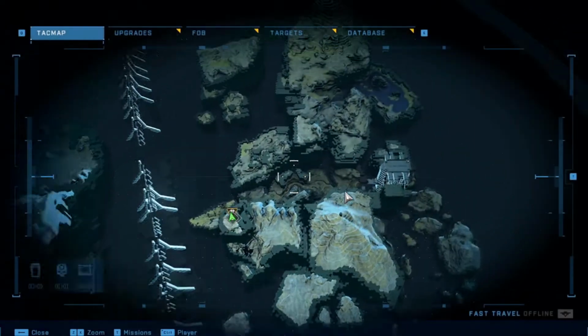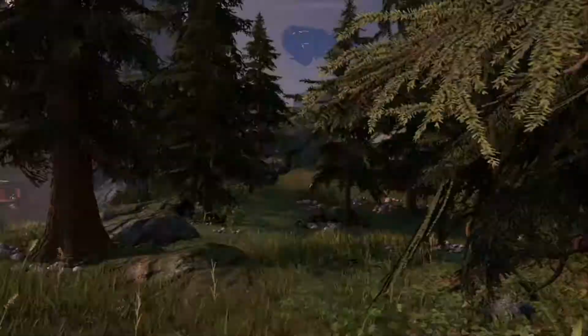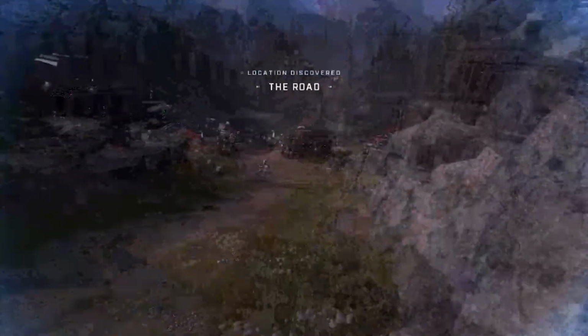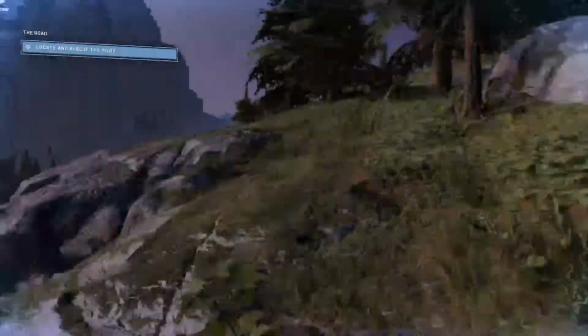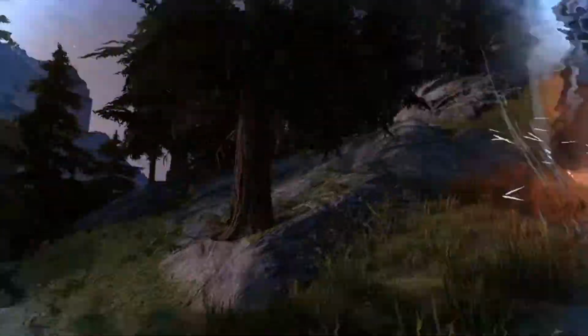Okay, so now that we're getting into the mission, The Road, it's a super simple mission. You're not going to attack anyone. It's literally just a straight shot. So I'm just going to speed up the footage here. Just follow my path. We're literally just going to be running along the right side of the mountain that we're supposed to be traveling. Normally you'd be fighting through a large army of enemies in order to get through to